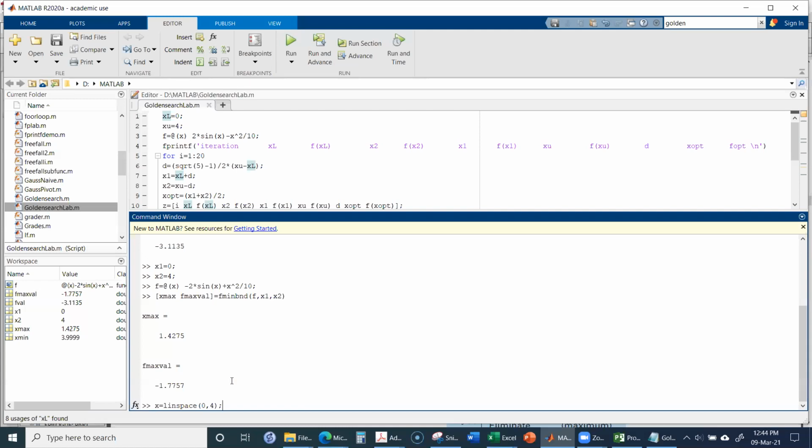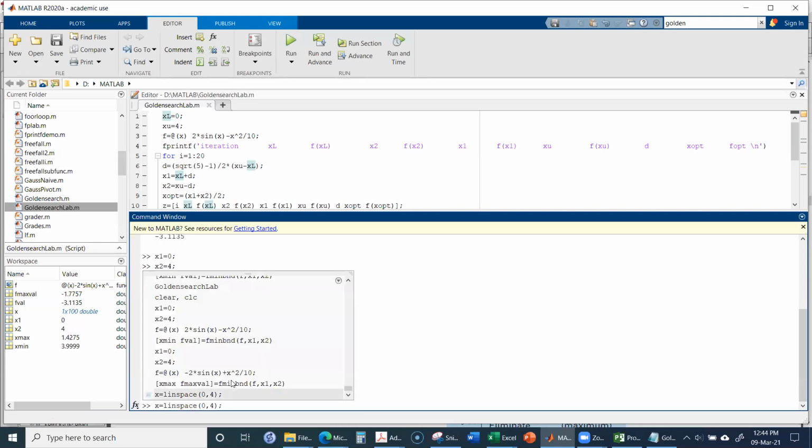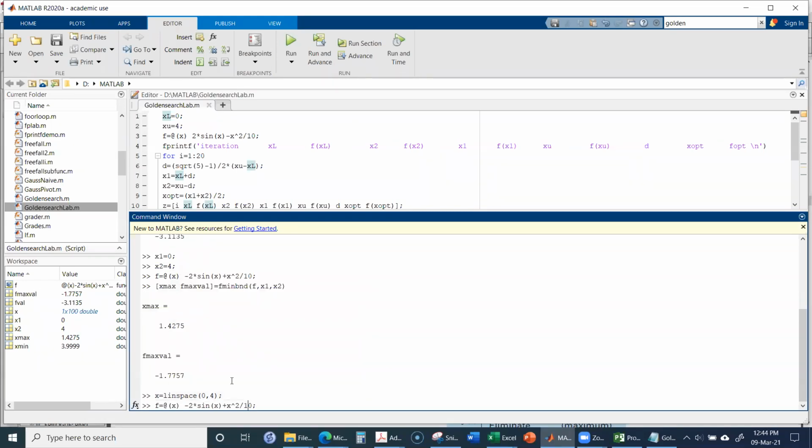That means I take the x values between 0 to 4, and then I have defined the function f. Okay, so function f, in this case I just